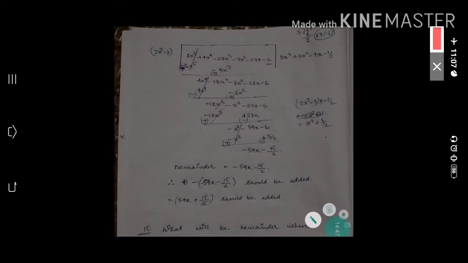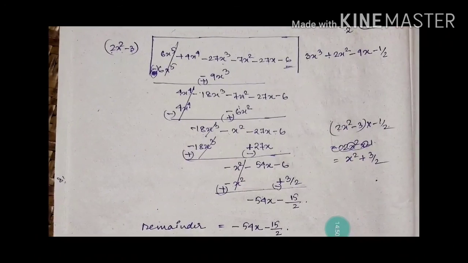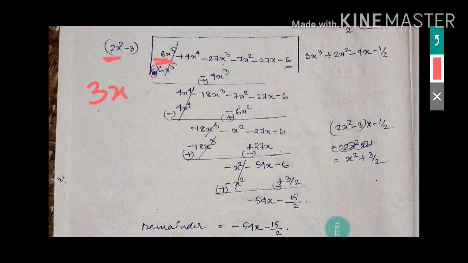Okay, so here it is given 6x power 5. No need to check at the last what terms are given. First you have to check, the main aim is to match the first term first. After that the second, then the third, then if it is possible we will do it. First of all we have to match only the first term. So here 6x power 5 is there, divisor is 2x square. With 2x square, if you multiply 3 then you will get 6, but for x square I need x power 5, that means I have to multiply with x cube.